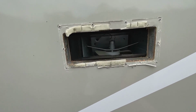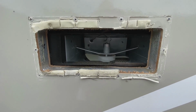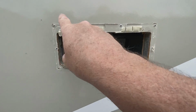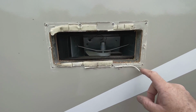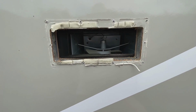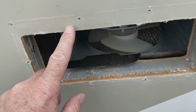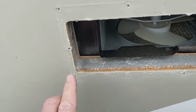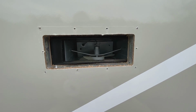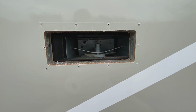There we go. You can see the fan for the range hood there. So now I'm going to just take that plastic razor blade again and clean all this up, followed by some alcohol to make sure we've got everything off, and then we'll reinstall the new one. I've cleaned all the big stuff off the perimeter here. I'm going to grab some alcohol now and try to clean it up. It looks like they use both caulking and some plumber's putty to make the seal on this. Okay, I've got this sufficiently clean to install the new piece,